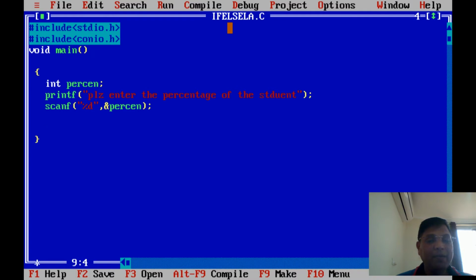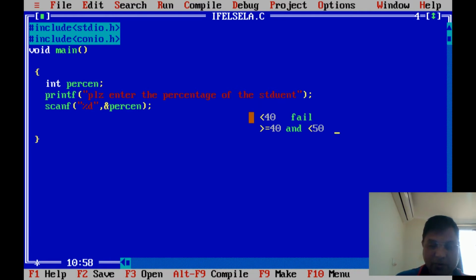So now whatever percentage you give, let's see how we are going to categorize it as a sample. Suppose less than 40, up to 39, we say fail. Then we are going to use greater than or equal to 40 and less than 50.